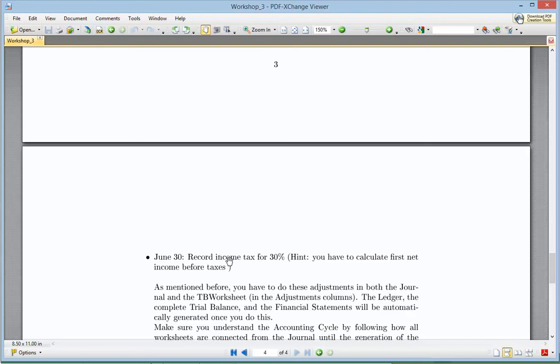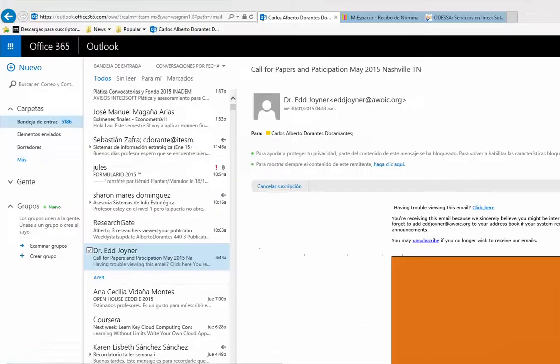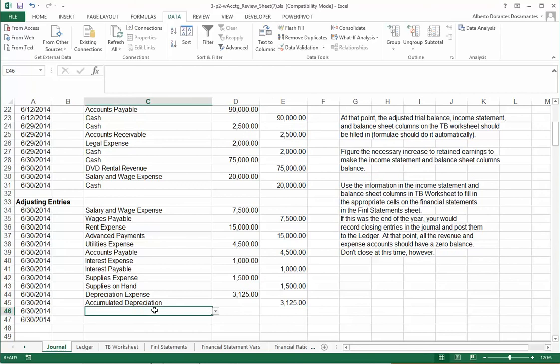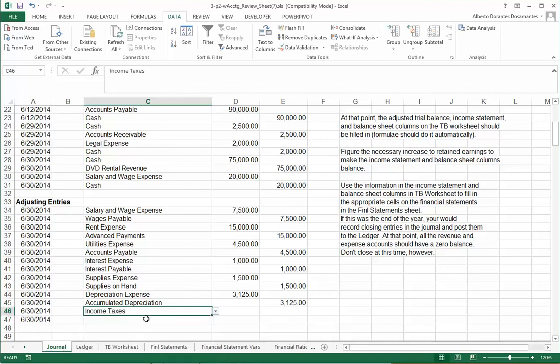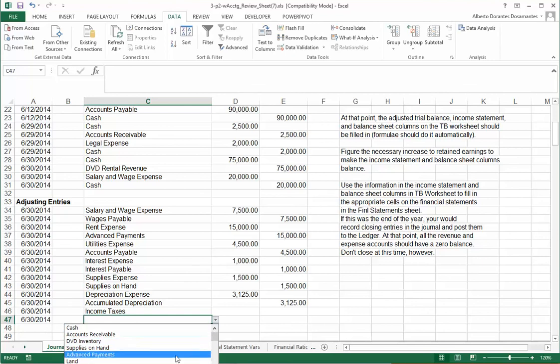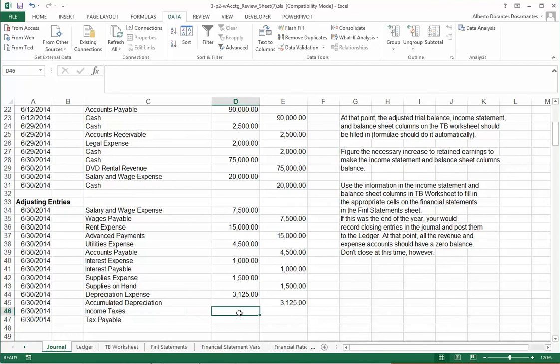Then I just have to record the income tax. But until now, I have to recognize the income tax expenses. Then I have to go search for the tax expense account, rent expense, income taxes, and here I'm going to put taxes payable. Okay, so I'm going to be paying taxes later on. And right here I do not know how much they are, but